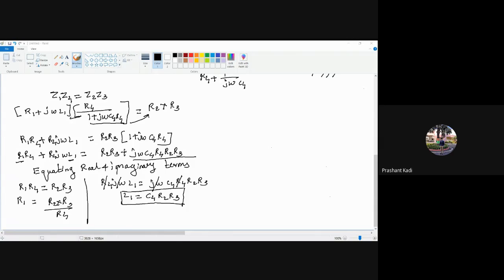See, once you get the values of R1 and L1, we can find the quality factor of the inductance. Just remember the equation. Quality factor is given by, we'll come to know the definition of this quality factor of the inductance in the second module. So just write down quality factor of the inductance. Quality factor is denoted as Q equals omega L1 by R1.